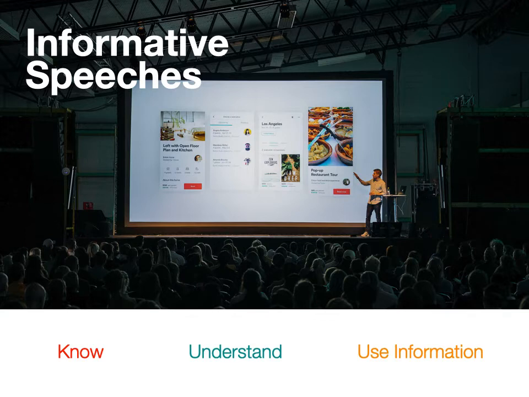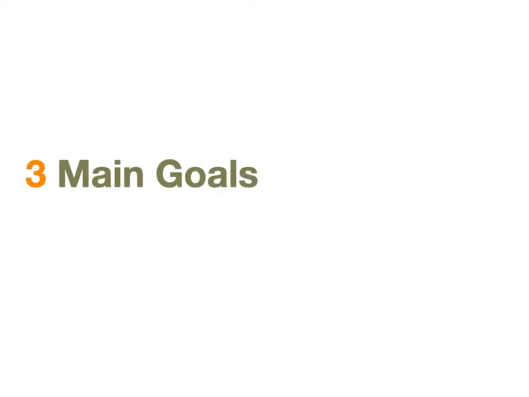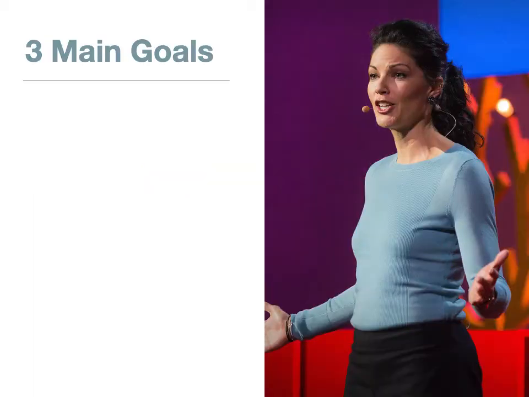Informative speaking involves sharing information with others in order to enhance their knowledge or understanding of the information, concepts, and ideas you present. It is also considered to be one of the most important skills taught in public speaking courses. So let's review three main goals of informative speeches, things that we should shoot for. There are three main goals of informative speaking: to make clear, to make interesting, and to make significant.